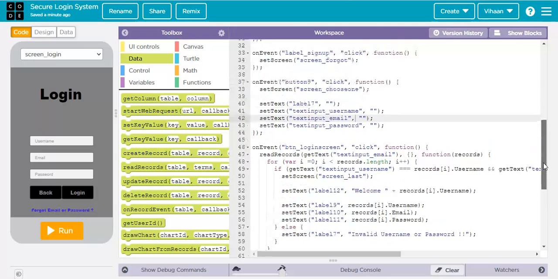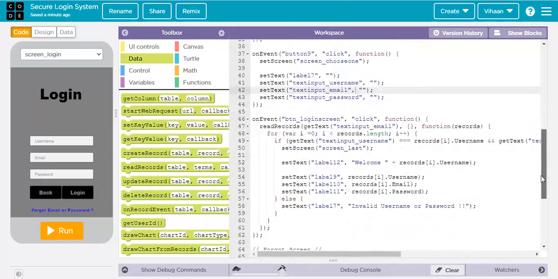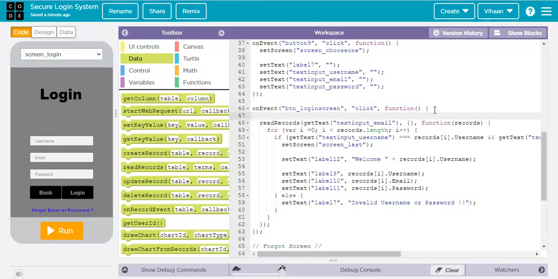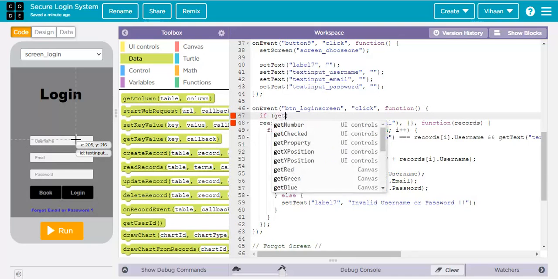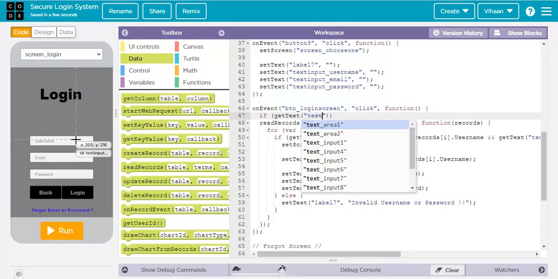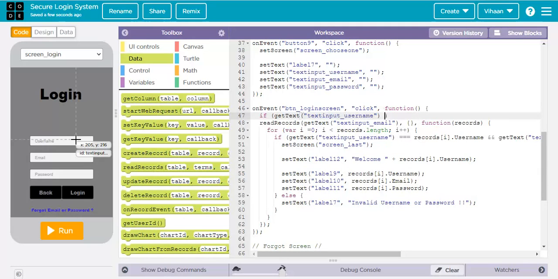So go in the login screen's code and go into the main logic where we created how the user will get logged in. So inside it, but outside the read records, write an if statement. So if get text input, you should get text from text input underscore username is equal to owner